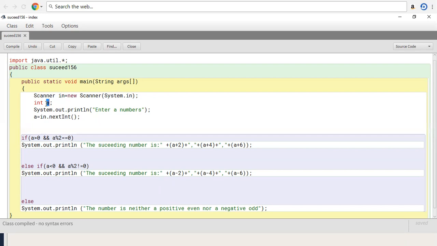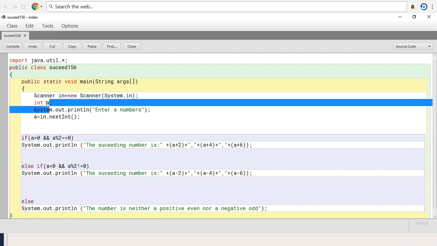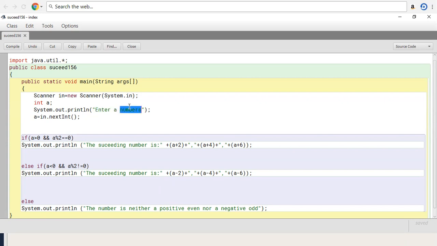Okay, now here I have done the variable declaration, not an initialization. I'll call it an initialization when I'm declaring it with some value, a is equal to 90. So over here I've just done the declaration part. Okay, so now what I wanted on the output screen is: enter a